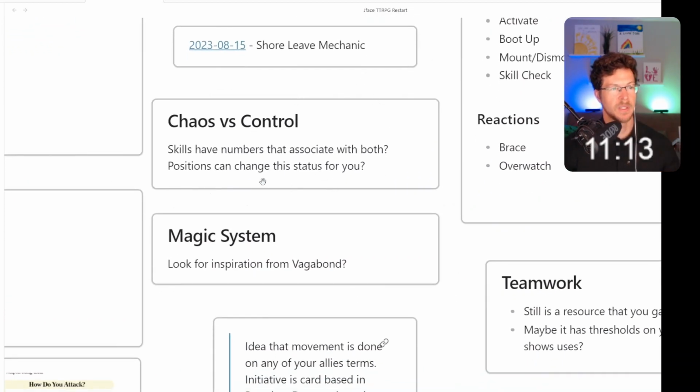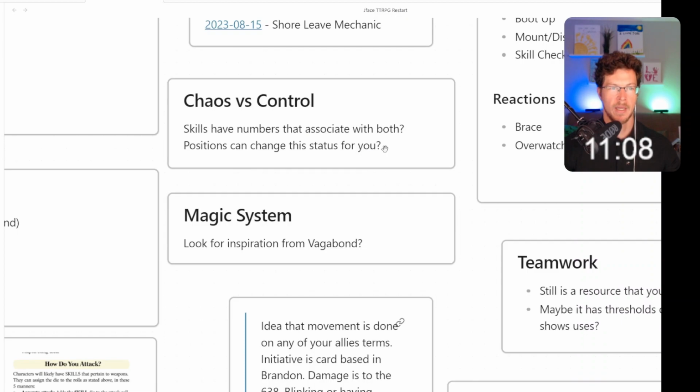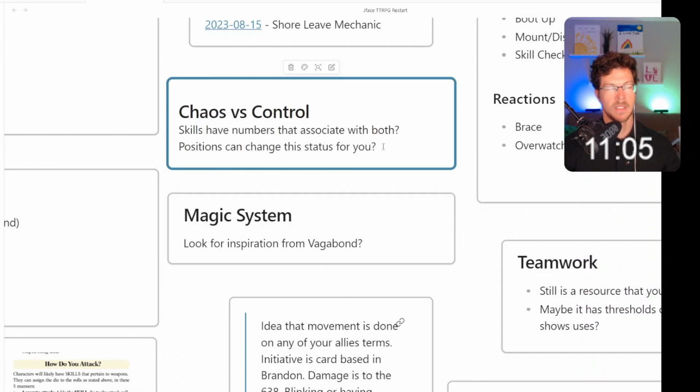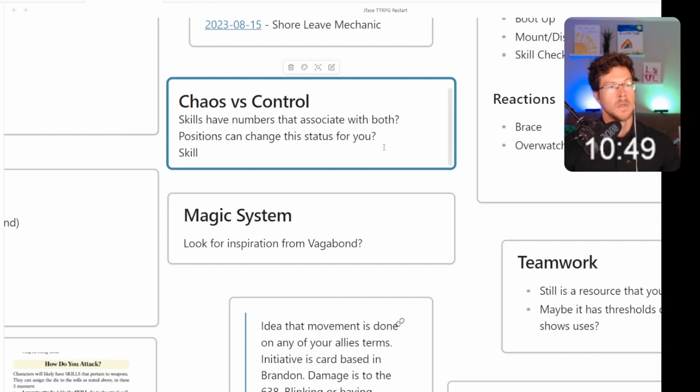Okay. Control versus chaos. This is another idea I was thinking in terms of, you could have, in essence, these different states that your game is in. It's either in a controlled state or a chaotic state. And depending on that, it's going to open up different options for your character and your class, right? So if you think about Lasers and Feelings, maybe you have a skill like Blades, right? And then you have a number, 14. Well, higher than 14 is a state of control.